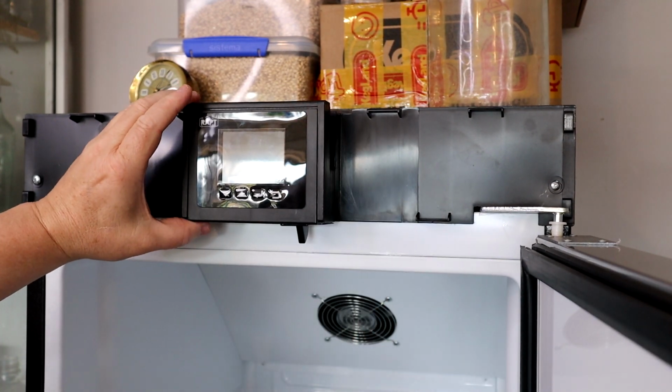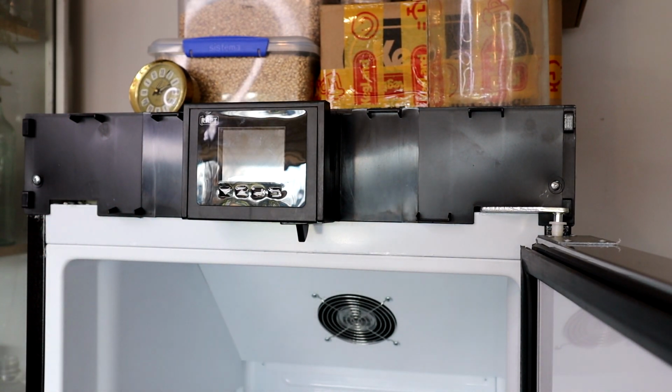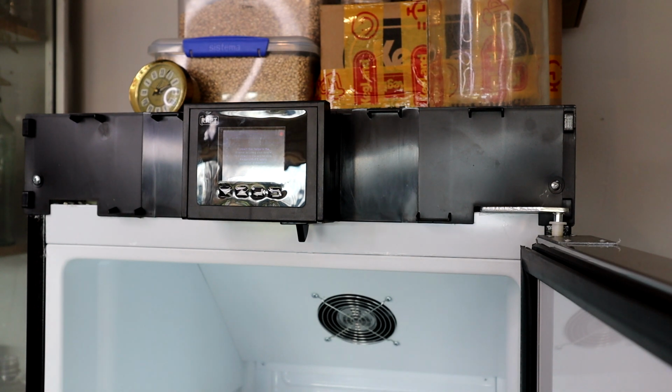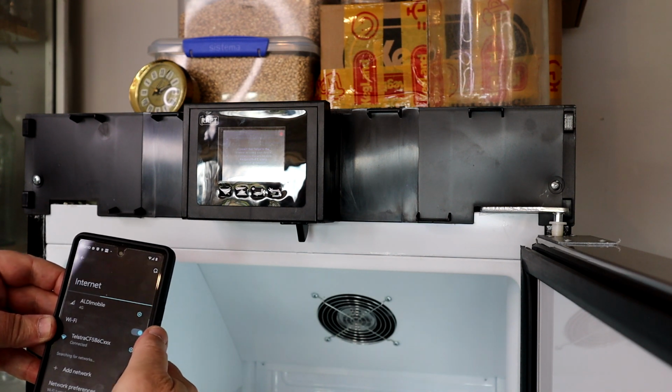Slide it back up. Now, of course that's not screwed in yet, but before we screw it in, we can test it and see if it's working again. Now this won't be registered. I'll just quickly register it through my phone. If you don't know how to do it, well, you should know how to do it by now if you're replacing a screen. But you go into your internet,